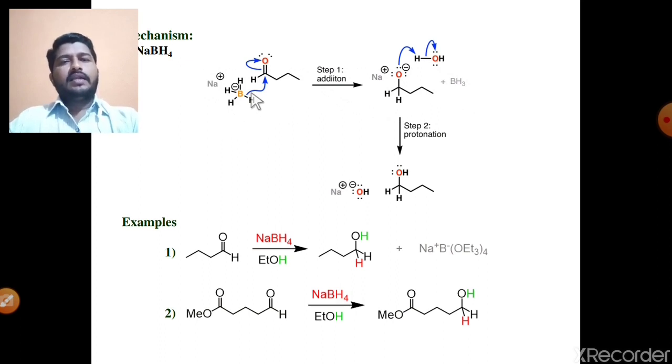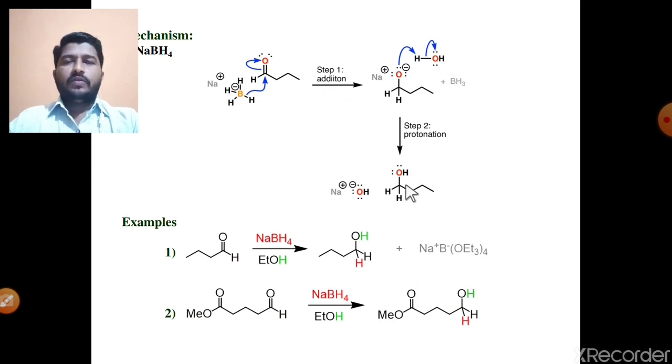Same as lithium aluminum hydride, there is a hydride transfer mechanism. One hydrogen with an electron pair, meaning H minus, attacks this carbonyl carbon. At the same time, the pi electrons shift towards the oxygen, so oxygen gains a negative charge, and there is a bond formation between this carbonyl carbon and the hydrogen, meaning the hydride ion. Okay, this O minus is stabilized by Na plus, and finally hydrolysis of this salt gives the corresponding alcohol. As a simple mechanism, a carbonyl compound in the presence of sodium borohydride finally gives its corresponding alcohol.